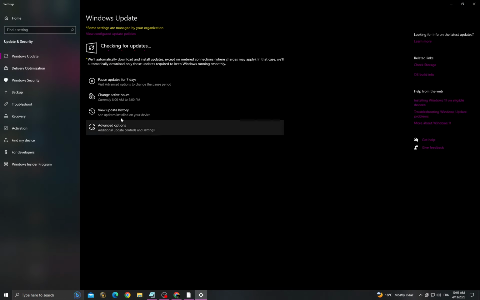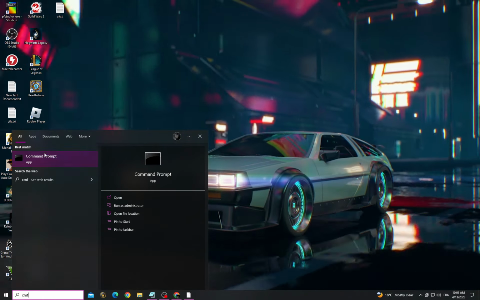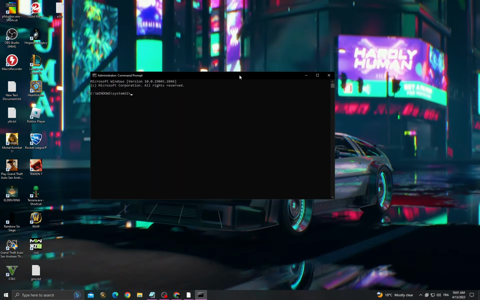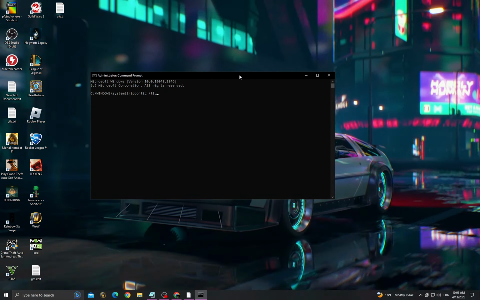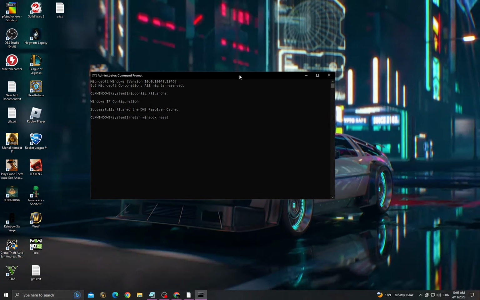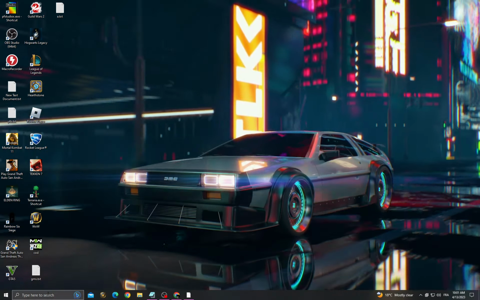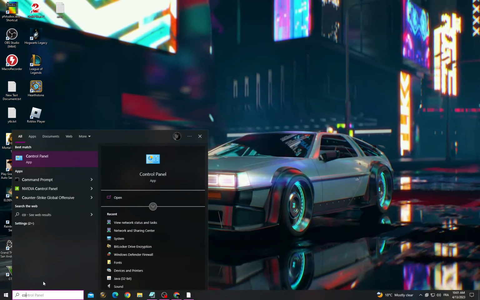check for updates and install all the updates that you can find, and then go to CMD, right click on it, run as administrator, yes, and now type ipconfig /flushdns, click enter, and then type netsh winsock reset and click enter again, and after that restart your computer and then go to control panel,